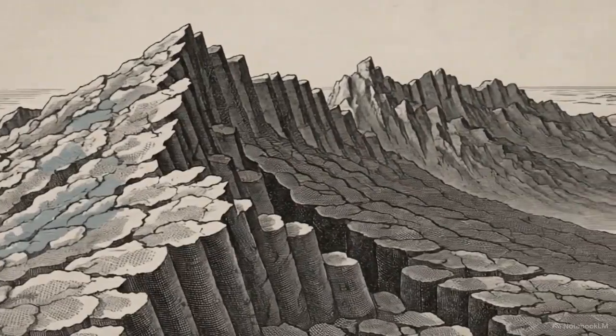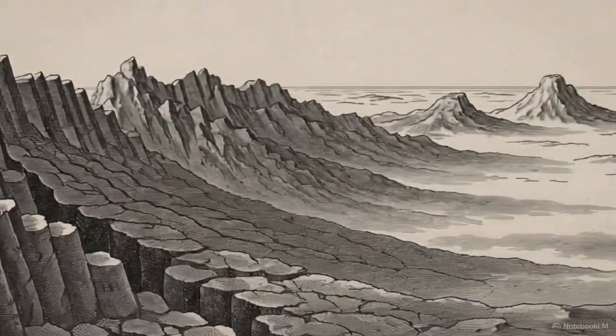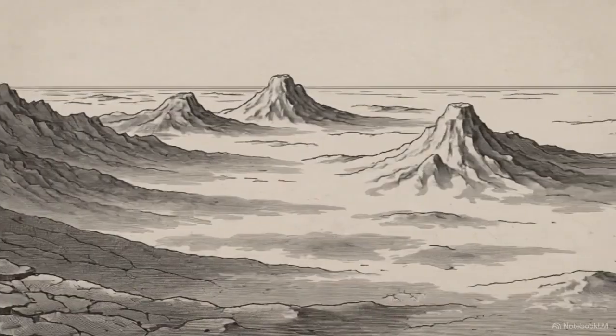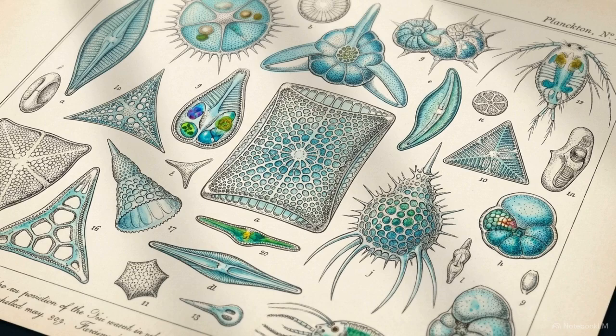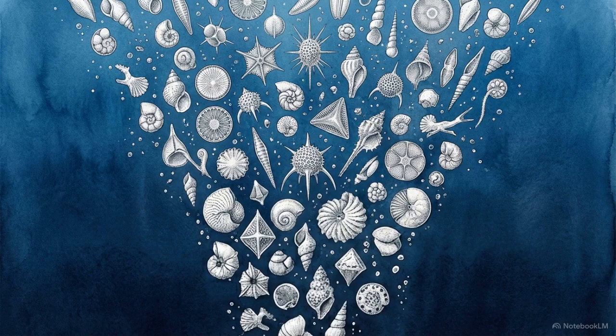If you were to drain the oceans, the seafloor appears to be a barren expanse of rock and mud, but these dark ridges and pitch-black plains serve as a continuous, physical ledger of Earth's biological and chemical history. Every day, billions of microscopic organisms living near the sunlit surface die. Their microscopic shells, made primarily of calcium carbonate, continuously sink towards the bottom in a process known as the planktonic